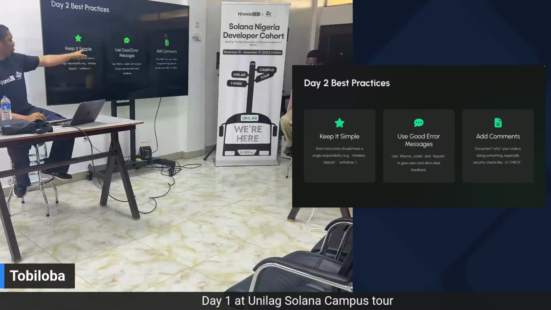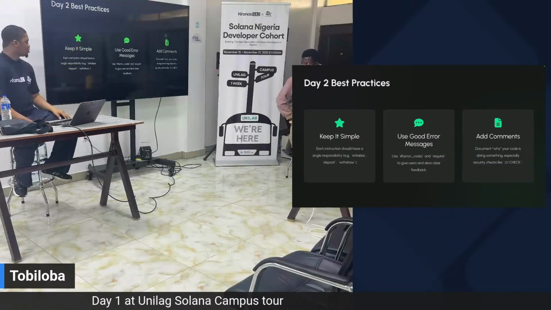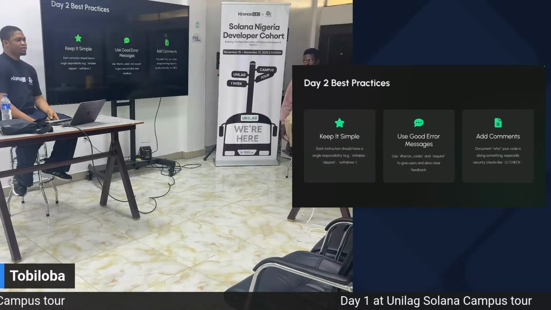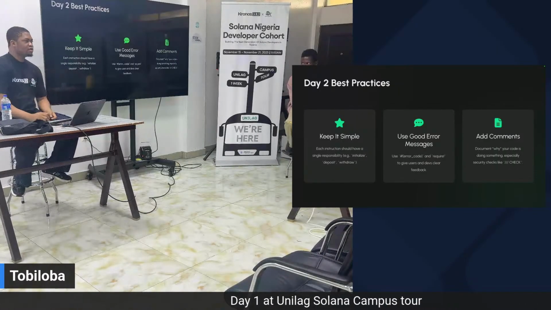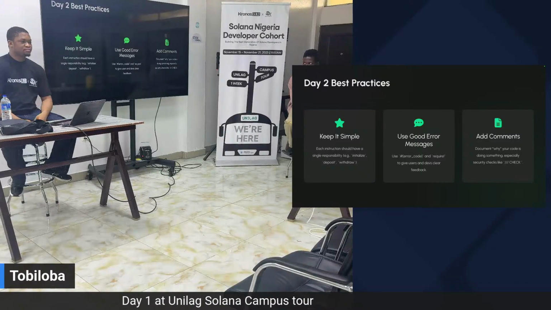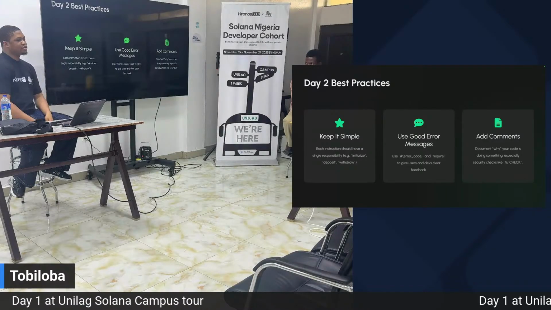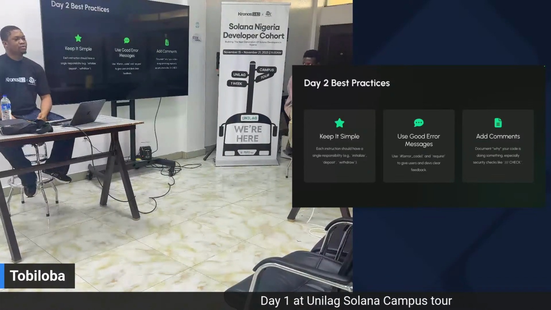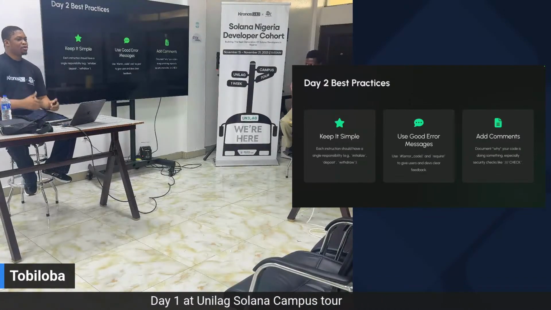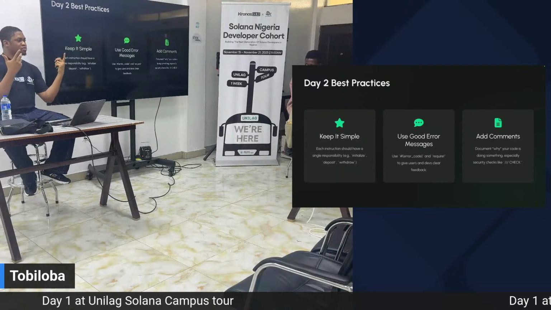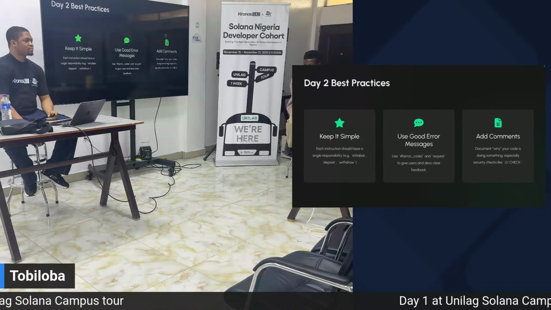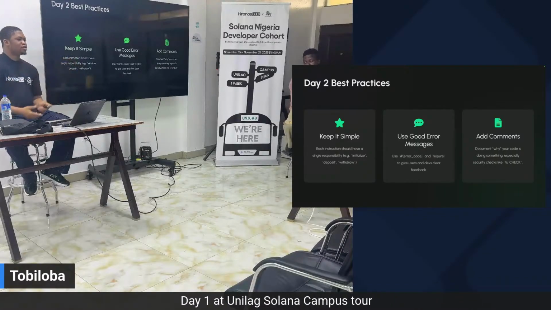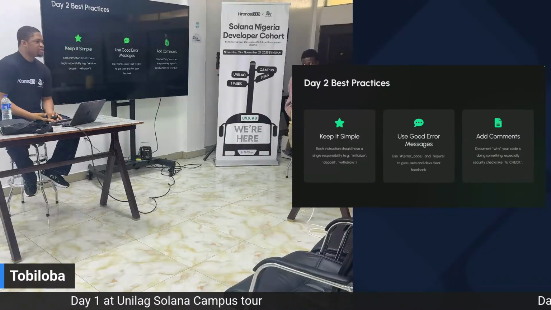What's number one? Somebody read it. Keep it simple. Yeah, so every instruction should be very simple and straightforward. In programming, there's something called pure functions. Does anybody here know what a pure function is? For example, if I want to write a function called add to number, in your mind, what do you think that function should be responsible for? Adding whatever number I put into it to number two. Adding 2 to whatever number you put into it, right? So if that function is doing other things,